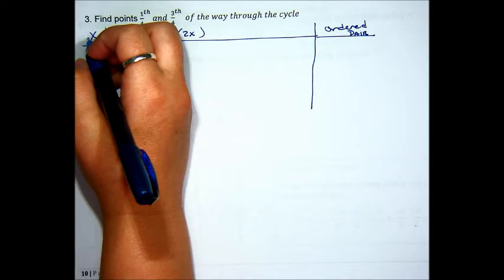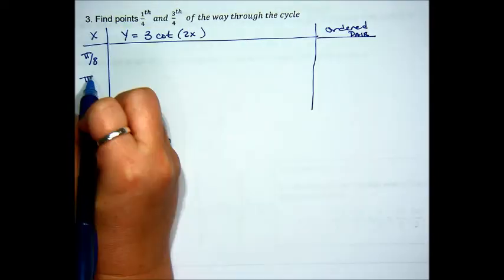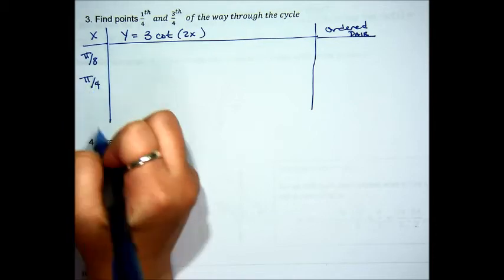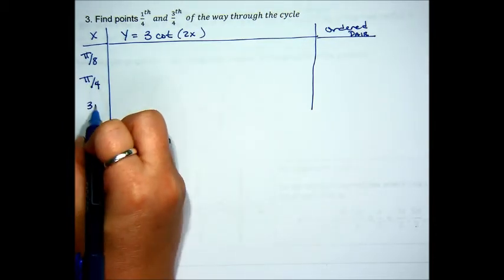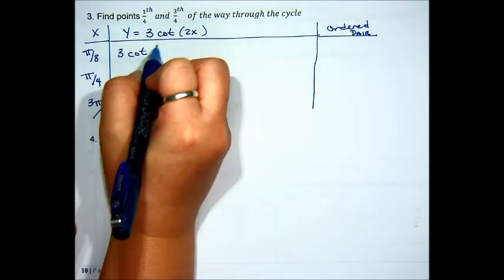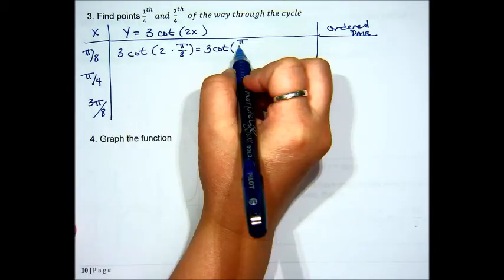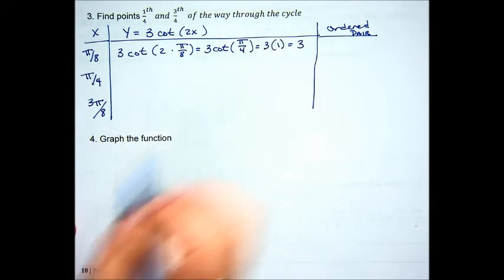The x's that I'll be looking at are 1/4 of the way through, pi over 8, midway through, pi over 4, and 3/4 of the way through, 3 pi over 8. Let's evaluate our function. 3 cotangent 2 times pi over 8, 3 cotangent pi over 4,